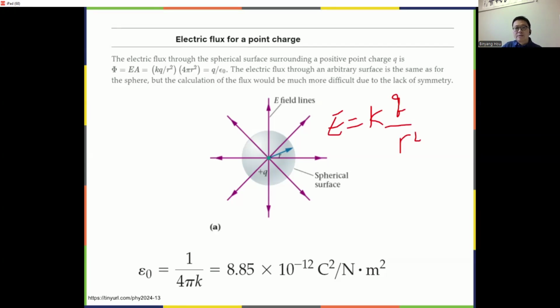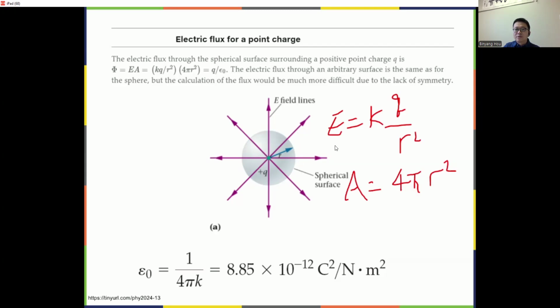For a spherical surface, the area A is equal to 4 pi times R squared. And the electric field, because it's pointing in the radial direction, at any point on the surface is in the same direction as the normal direction. So if we are considering electric flux through this spherical surface, then you can just do